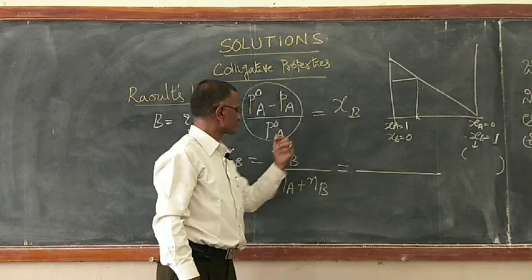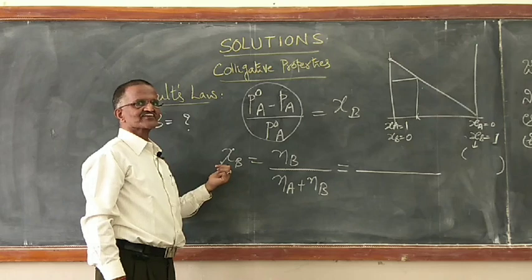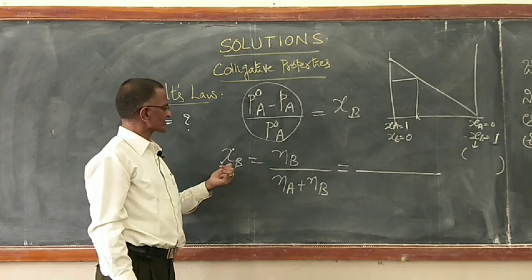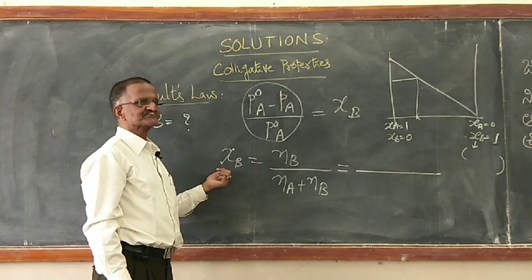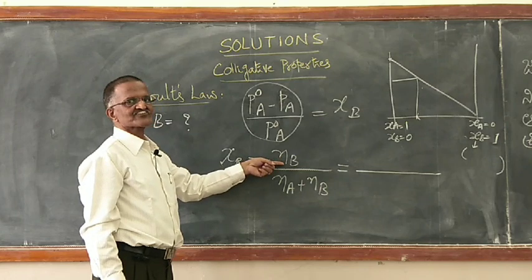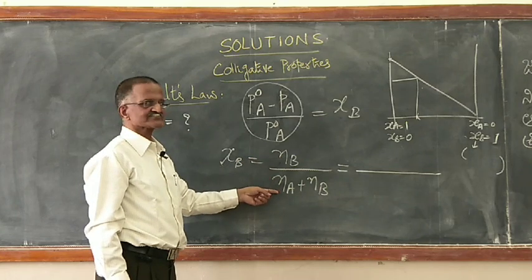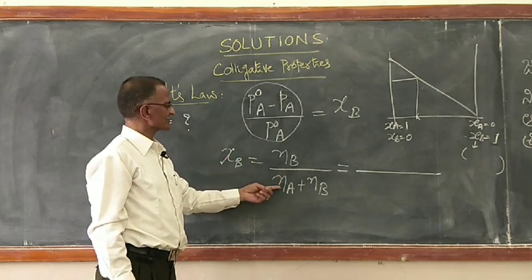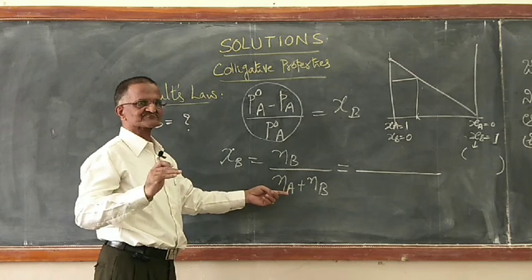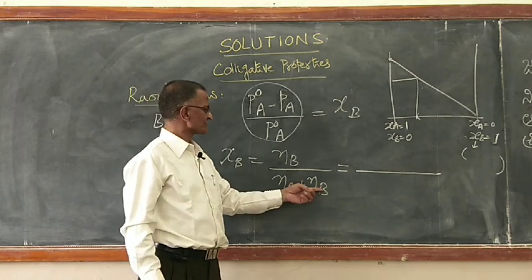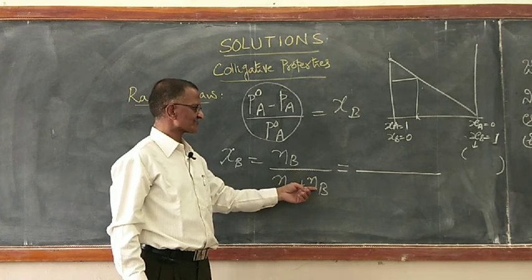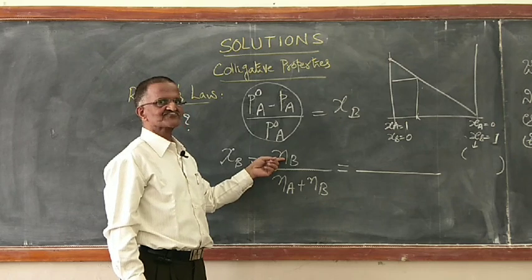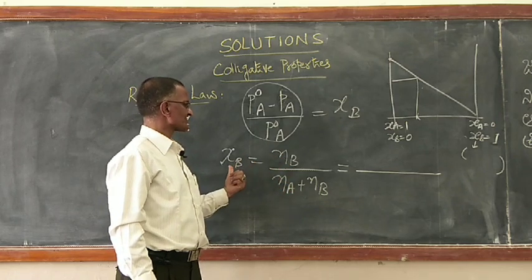Now, we will take this ahead. What is XB? Mole fraction of the non-volatile solute present in the solution. Further expanding, how do you find XB? XB is the number of moles of B present in the total number of moles of the particles present in the solution. Here I have only two components, A and B. We are talking about only binary systems, right? Where A and B are the only components present, the number of moles of A and B together will give the total number of moles, and if you divide the number of moles of B by that, you will get the mole fraction of B.